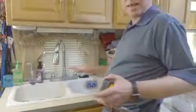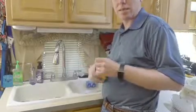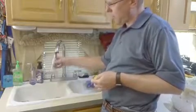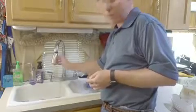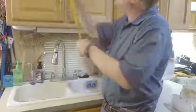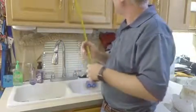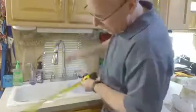So this would be the sink area, which is adjacent to the stove area. And so you've got a double sink here. We installed this little sprayer nozzle here, and that's really nice to have for washing dishes with the double sink. And then cabinets above. So the cabinets are approximately 1 foot deep and about 30 inches high. And you've got 1, 2, 3, and then on the opposite side of that 1, and then underneath the sink